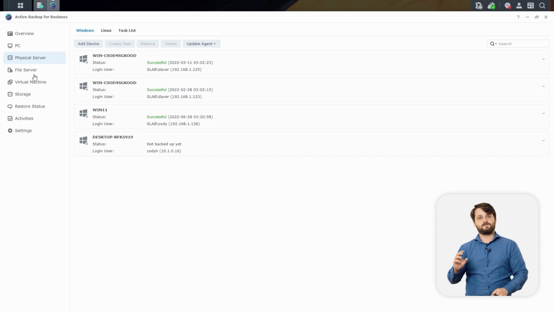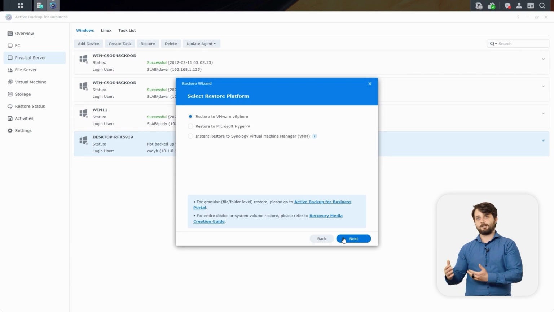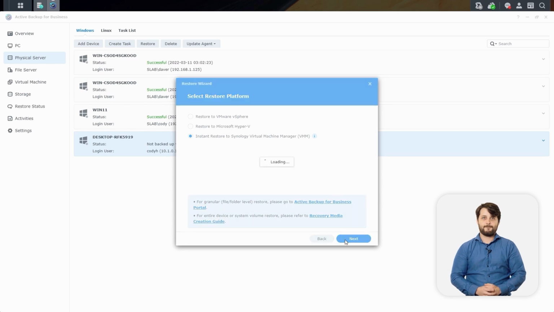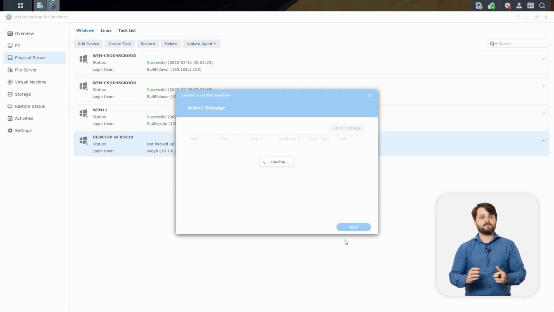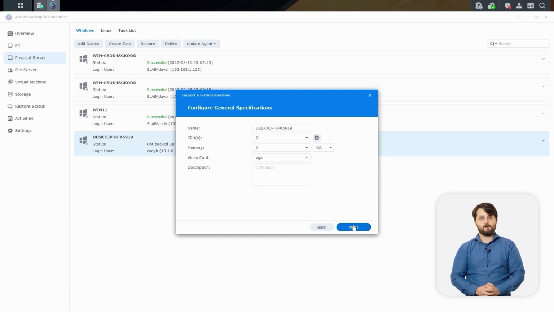And it drops this device into a physical server category in our list and gives it all of the functionality to actually be spun up at this secondary location. And we're going to spin it up this time inside of Synology's Virtual Machine Manager. And next, after we select that destination, we're now going to choose where in our Virtual Machine Manager environment we want this new VM to actually live. And so we're going to choose some storage. We can go ahead and rename this VM if we want to.